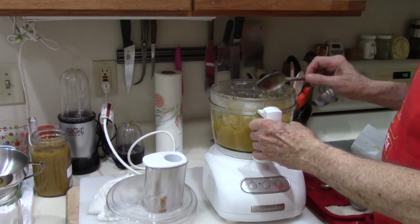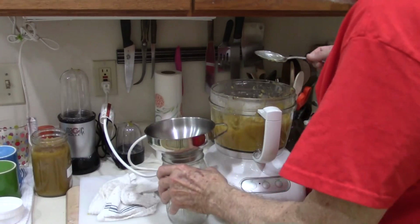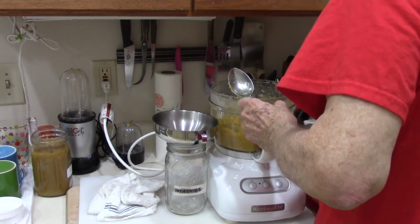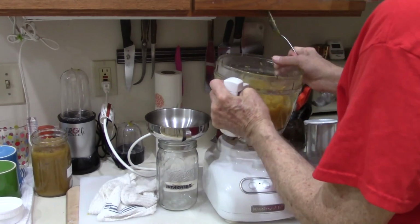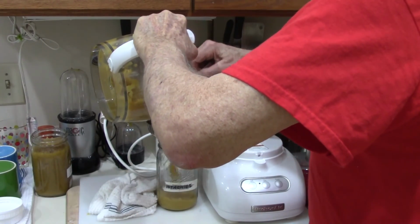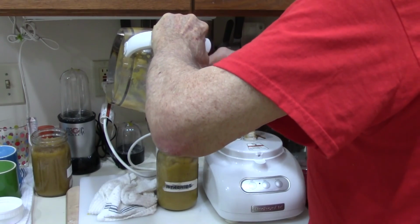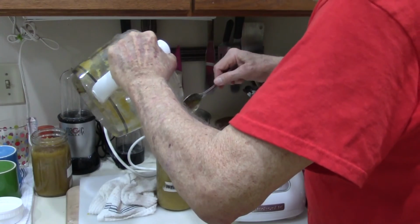And of course now it's time to put it in the quart jar, put it in the storage area. So I'm going to quart jar, whatever container a person wants to put it in, and of course being fresh and no preservatives in it, I'm going to put it in the refrigerator, keep it in the refrigerator. And when the wife wants to make some pumpkin pies, or the good stuff that she makes with pumpkin all the time, then it'll be in there fresh, well sealed up, no chemicals or anything in it except spices. And there it goes, one full quart of yummy good